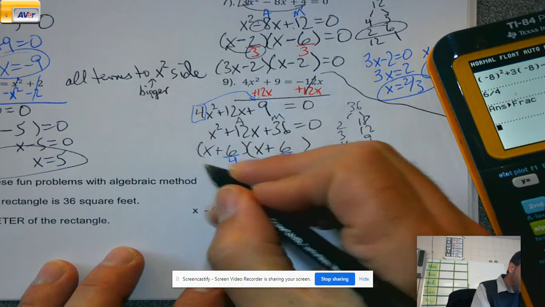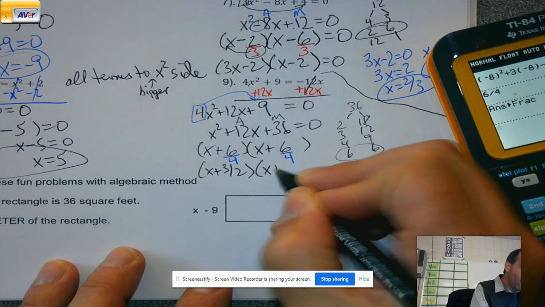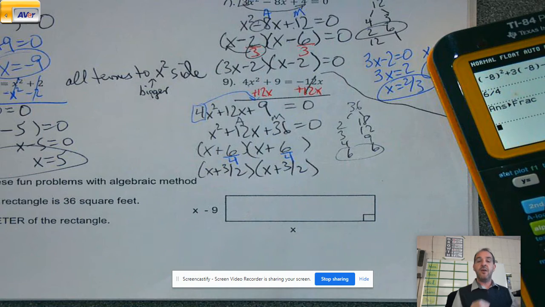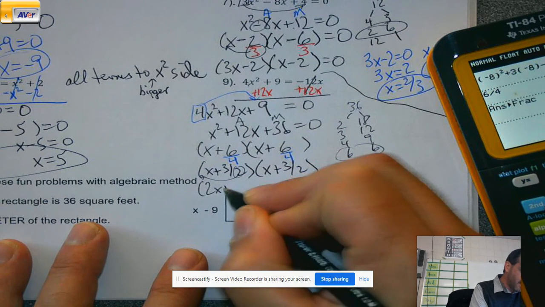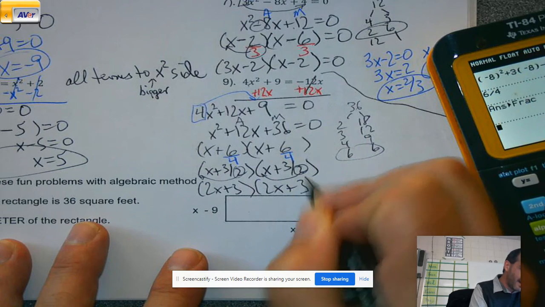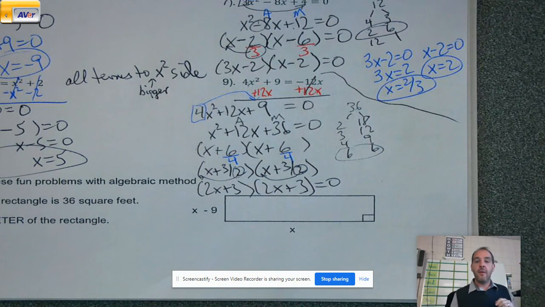3 halves. You have to do that part before you swing your number back over, or you're not going to get the right answer. You'd get 4x plus 6, 4x plus 6. That doesn't work. We need 2x plus 3, 2x plus 3. And for my shortcutters out there who are now giving themselves a pat on the back, okay,